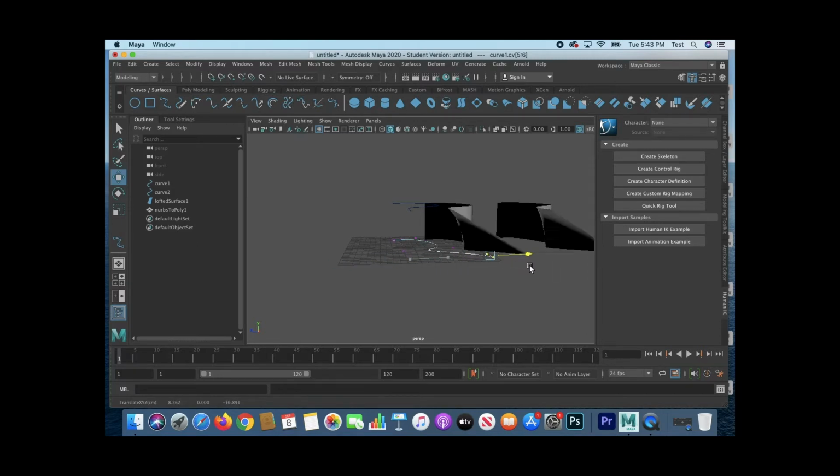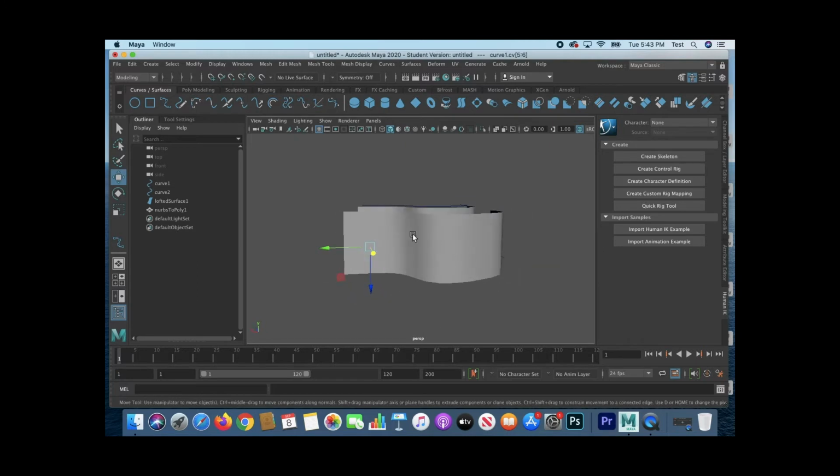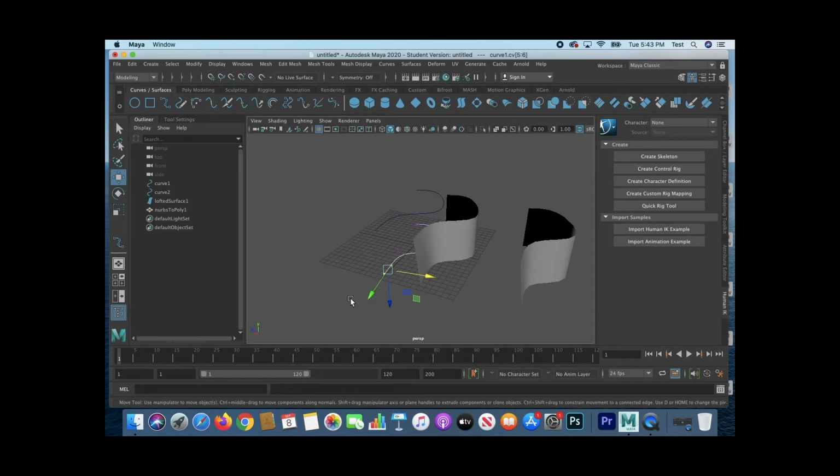Okay, so it might not be a bad idea. There are two ways you can maybe think about working with this, okay? Because this NURBS to poly object is still influenced by its lofted surface, and that lofted surface is still influenced by this curve. So you can either, through display layers,